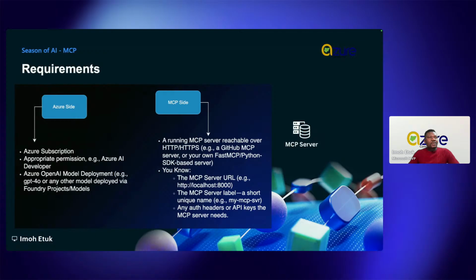So now you need to have either you are going to leverage the GitHub MCP server or you build your own, like in this application, where I built it using FastMCP and FastAPI, leveraging the Python stack. So you need to have an accessible HTTP localhost, and you need to label your MCP server with a unique name that you can identify. You need to also set your auth headers that MCP needs to reach and all that. So moving forward,